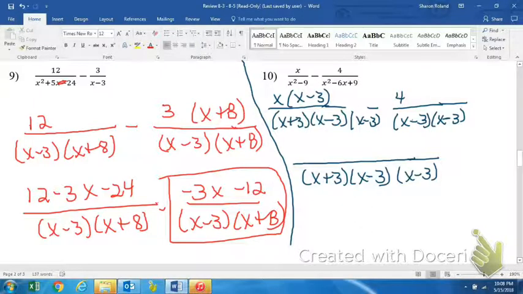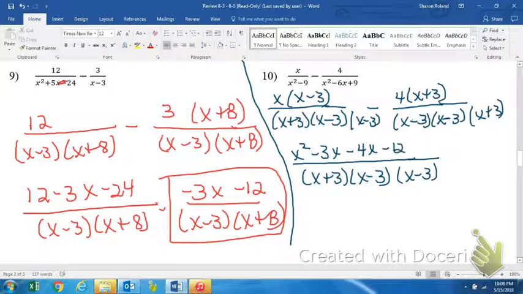So to distribute that, you have x squared minus 3x. And now we're going to go to the next one. The denominator has both of your x minus 3. It needs an x plus 3. What you do to the bottom, you do to the top. So that's going to be a negative 4x